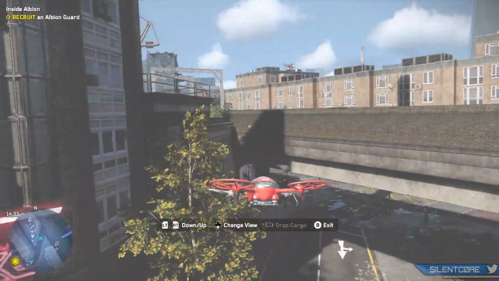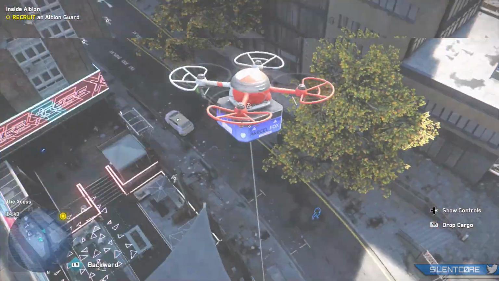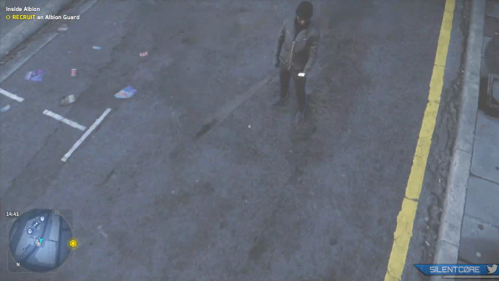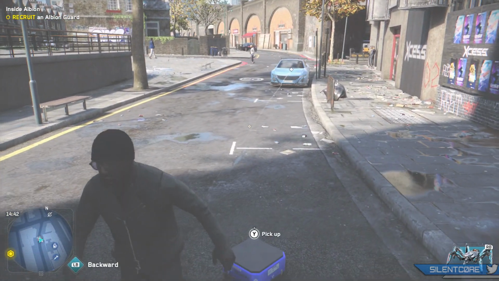Quite often these masks are placed up high and in really hard to get places, so you can just hijack one of these PARCEL Fox drones and fly on up there, collect it, and bring it back down to your agent, which is super handy. You basically just need to almost land the drone on the mask and it'll automatically pick